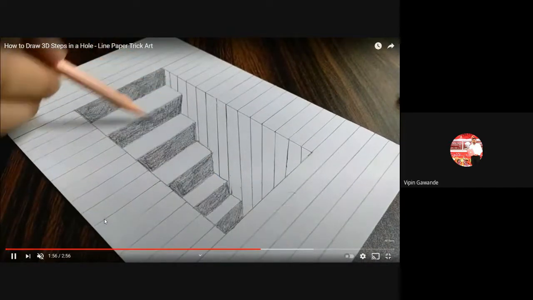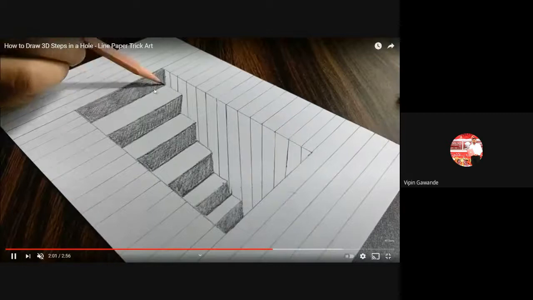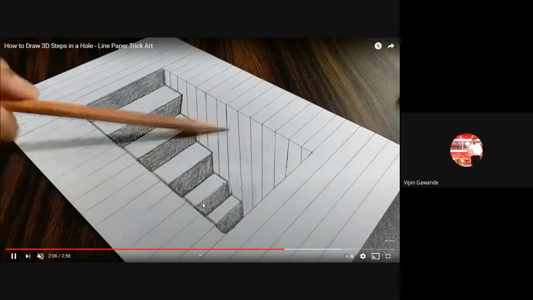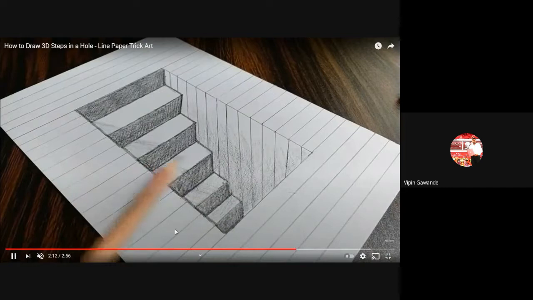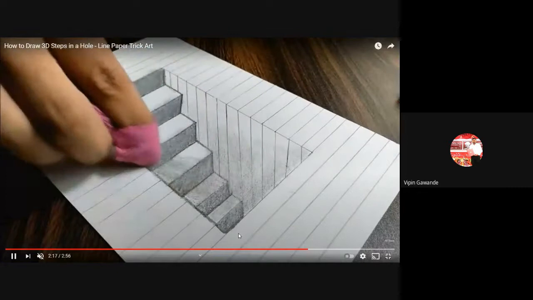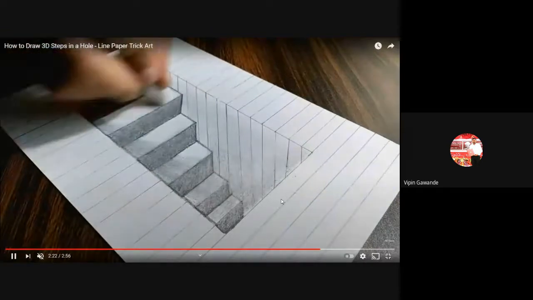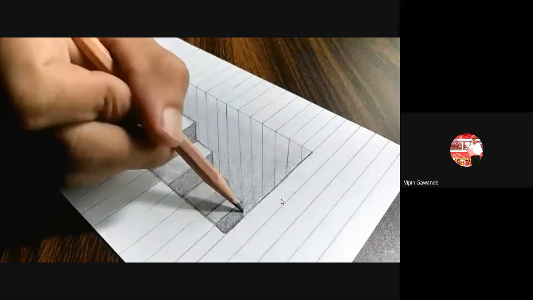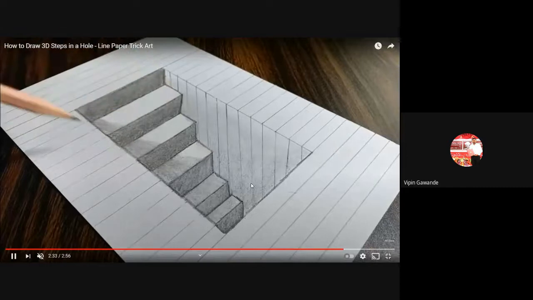Now see here, he is drawing the staircase on the plane paper. It appears that the staircase is going downward. The angle used here is a 30-degree angle, in the isometric projection drawing. After completing this drawing, it appears as a three-dimensional drawing on the plane of paper. So after learning these isometric projections, you can also try something like this. You can also prepare a three-dimensional object on the plane of paper.